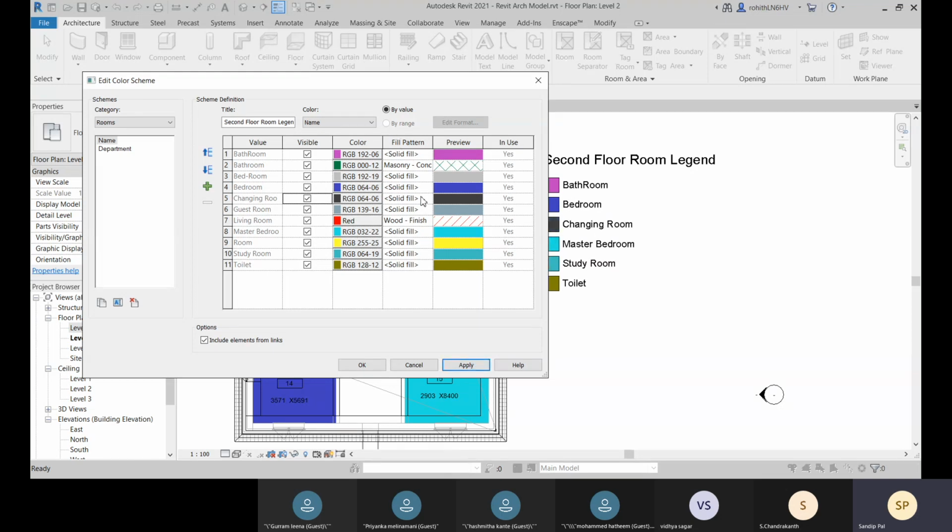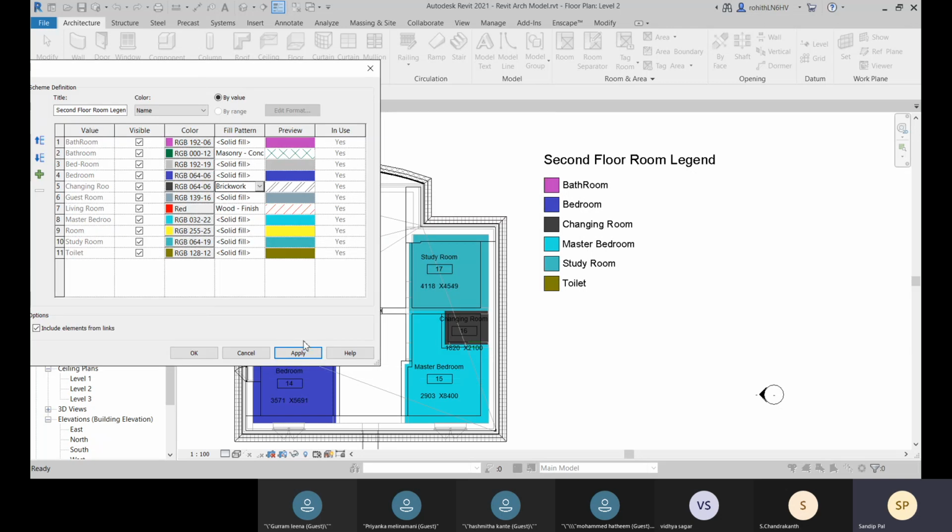And you can go for Fill Pattern. Right now this is solid fill with this solid color. You can go for any pattern over there, like this pattern, if you want this kind of pattern. Or else, if you need the solid color, you choose Solid Fill. Let me go for this brickwork and click Apply, and here you can see this kind of pattern will be there if you apply it through the fill pattern. This is a preview, and let me go for the solid fill again.